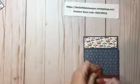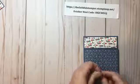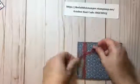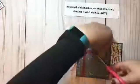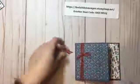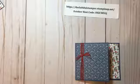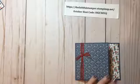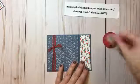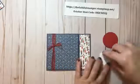Let's see how well I can tie this little knot. I'm going with a knot as opposed to a bow this evening. Not too bad. I'm going to trim my edges. And then all I need to do is adhere my die cuts. So one last